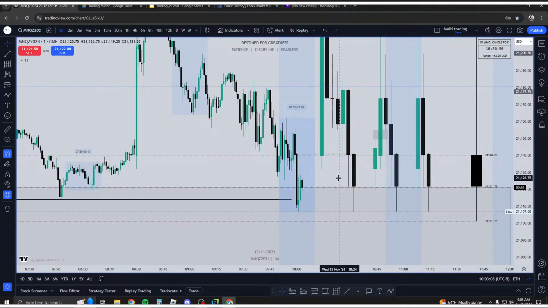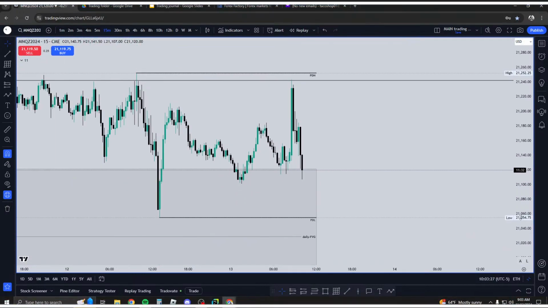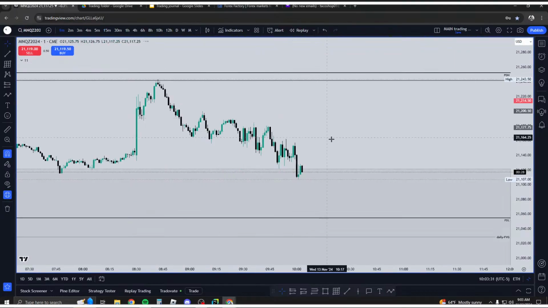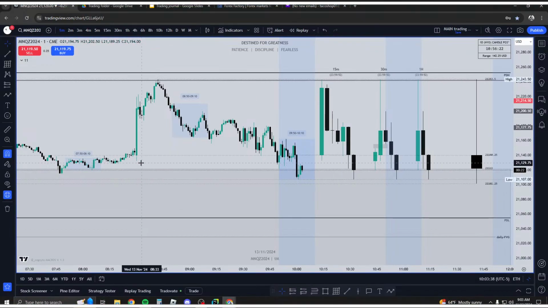You can't really anticipate that now, but after an objective has been taken, you would want to just wait and see what price wants to do. And yeah, that's probably gonna be all for me for right now. Just keep in mind that we have already taken out CPI lows, and